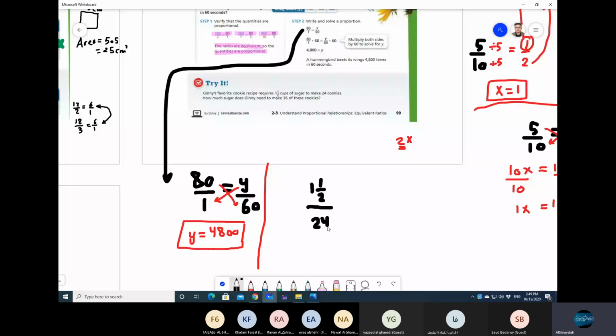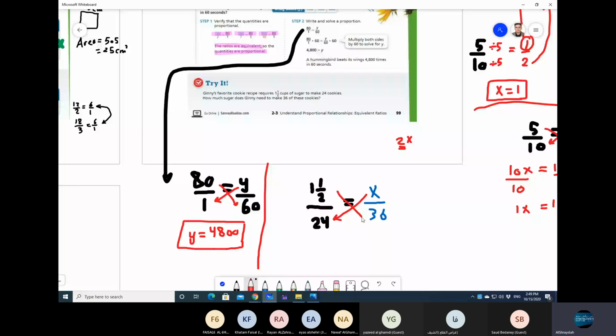So the question is, how much sugar? Consider it to be x divided by the amount needed to make 36 of these. How to find the value of x, which represents the amount of sugar needed to make